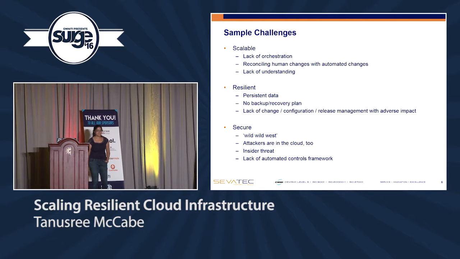These are some of the challenges I've faced in being able to make my cloud infrastructure scalable, resilient, and secure. So just to take them one by one, to give you an experience from my life story here, my first foray into Amazon, I was working on a pilot project, and I very happily used the Amazon console to create my very first VPC. I was so proud of myself. I was like, wow, I did it. I created a VPC. And next project, they were like, yeah, that's great, but we have 50 VPCs, so what? I was like, oh, well, now I need to figure out how to automate it. So I did. I wrote some scripts.